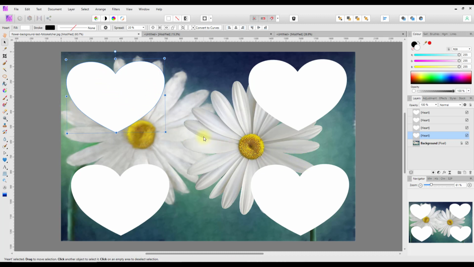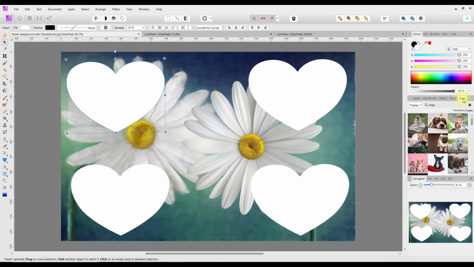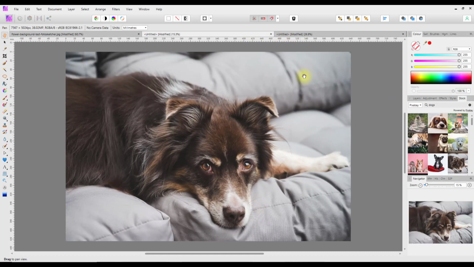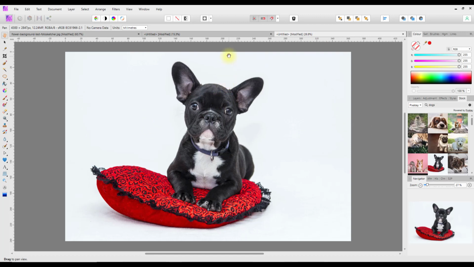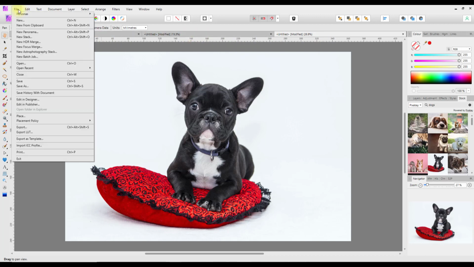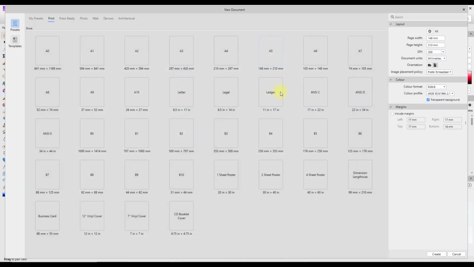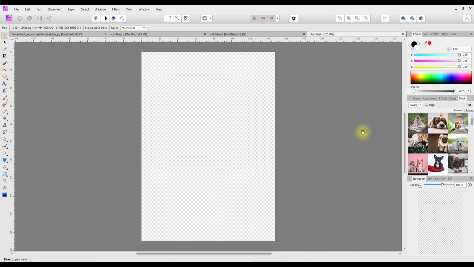So now we want some images to go into this. I'm not going to use any of my own. I'm going to use some from pixabay.com, and I'm going to use the stock tab for this, and I'm going to use pictures of dogs. Now I have already dragged in a couple, and I'm going to bring in another one, and one way I'm going to do this is I'm going to start a new file, it doesn't matter what size it is, and then I'm going to click and drag one of these images